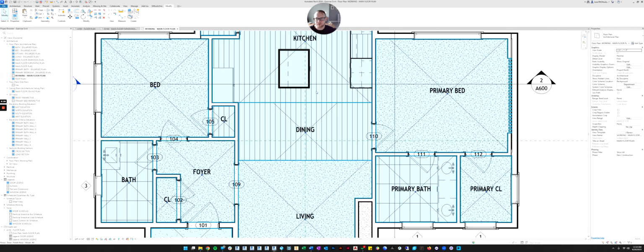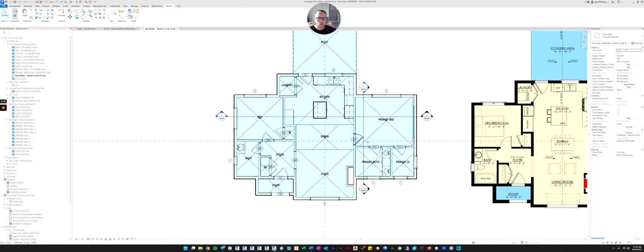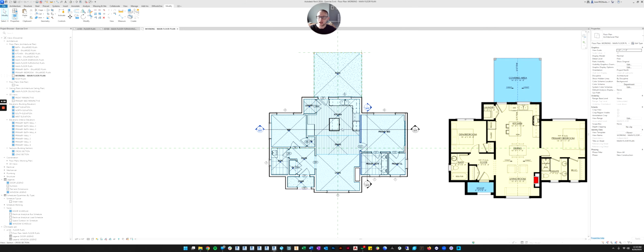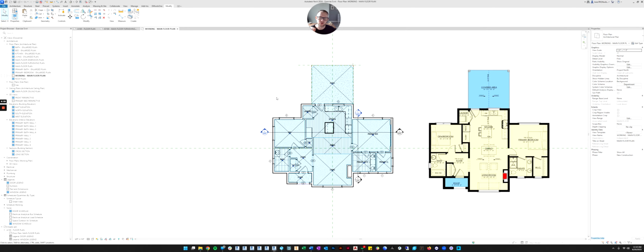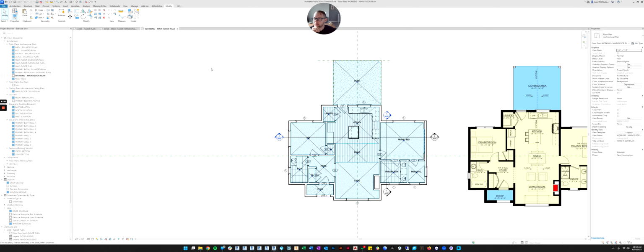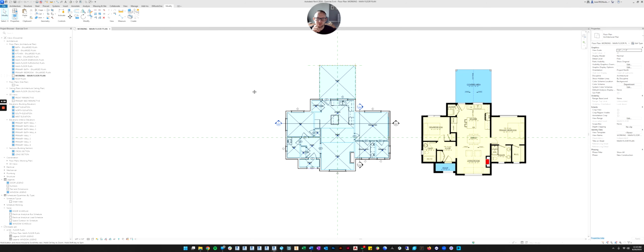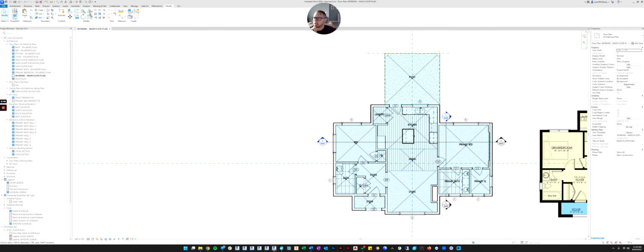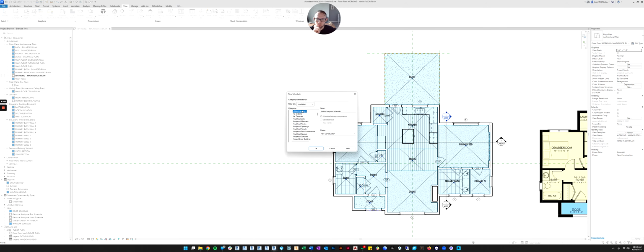So you could go in and fill out all of the rooms if you want here, or we can make the schedule first and we can fill it in using the schedule. Either way. So let's look at how we do that. Let's close our other views. Let's just keep our working floor plan open. And then let's go to view, and we're going to create a schedule just like we have before. And we are going to pick the category of what we're going to try to schedule. And I explained before, what we're trying to schedule are rooms. So we'll go down here and we'll pick rooms, and we'll retitle this room schedule. Or no, sorry, we're going to name it finish schedule.